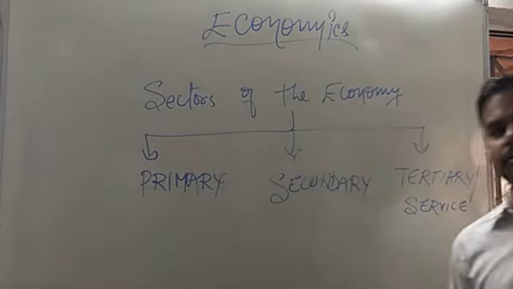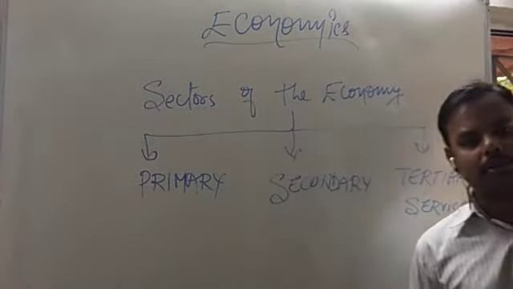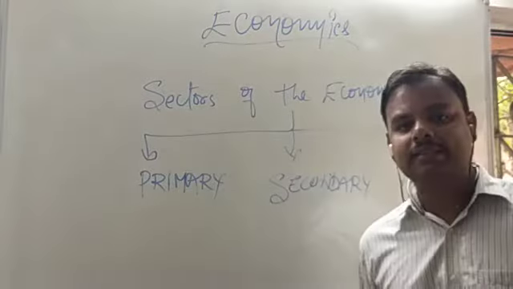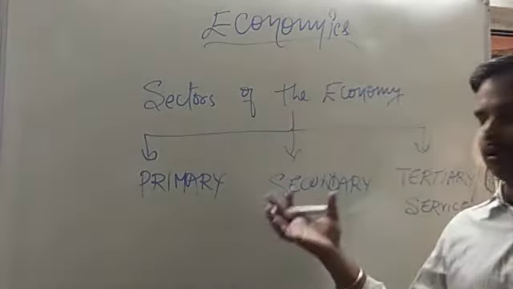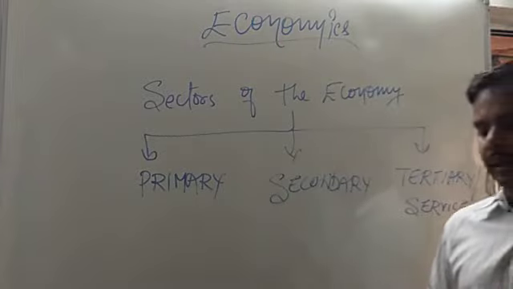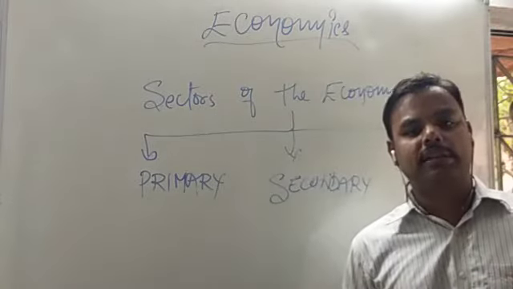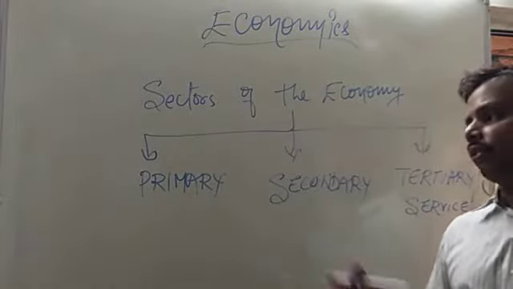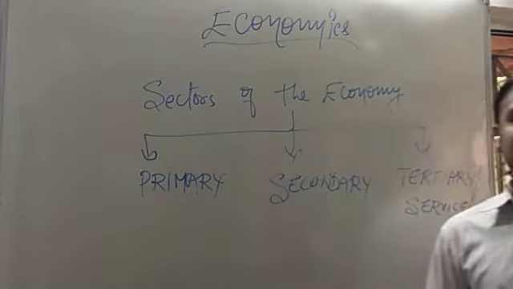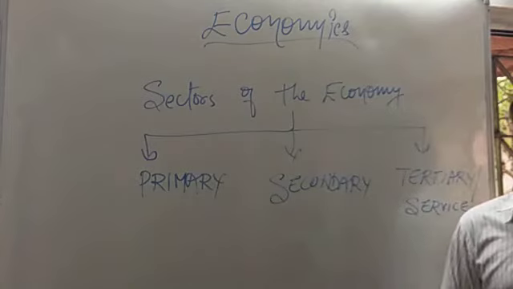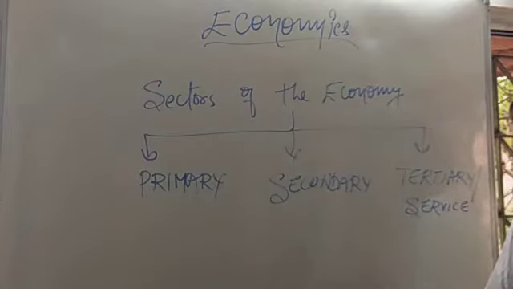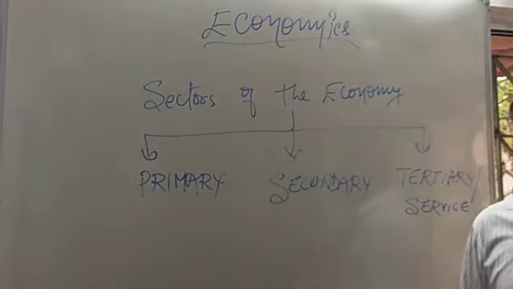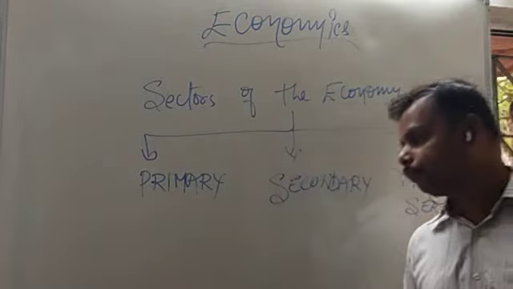Primary sector is concerned with the production units. All the production units engaged in production of goods and services by exploiting some natural resources are part of primary sector. I repeat, primary sector is concerned with the production line. Whatever is being produced, whatever is being manufactured, that is a part of primary sector. Primary sector exploits the natural resources which are freely available for all and produces the goods and services as per the demand and supply of the market.